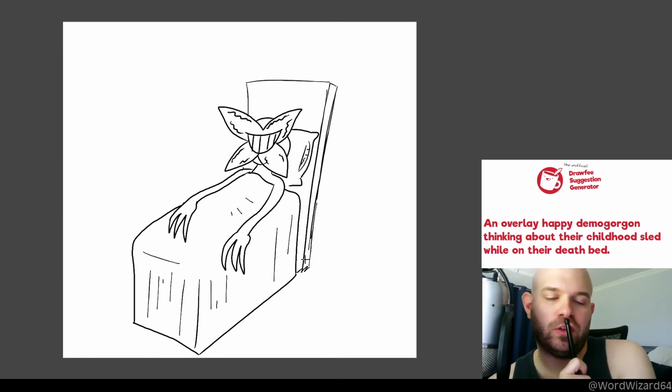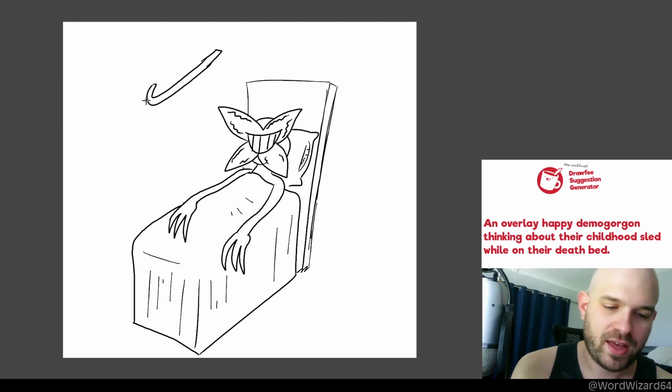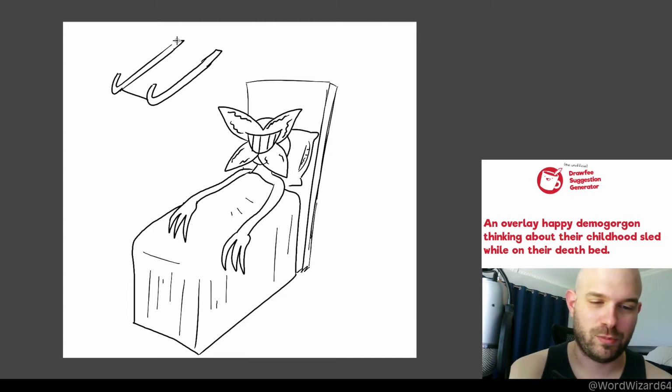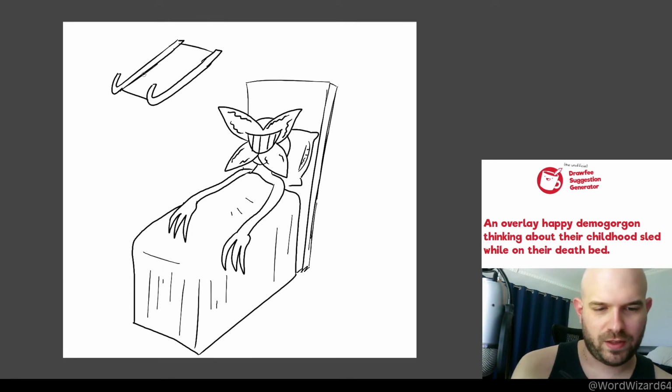Now, what would a Demogorgon sled look like? That's a great question. All right, I'm just gonna make a really wicked looking sled. This sled is gonna be bad, freaking ass. Also, not exactly sure what a sled looks like. I'm a Floridian, so please excuse me. I've literally never sledded before in my life. Never once even touched a sled. But I'm thinking this thing has flames on it, maybe a cool paint job, and I know